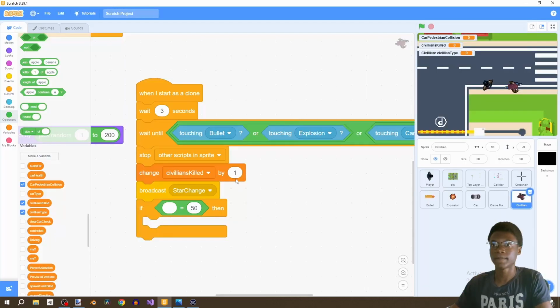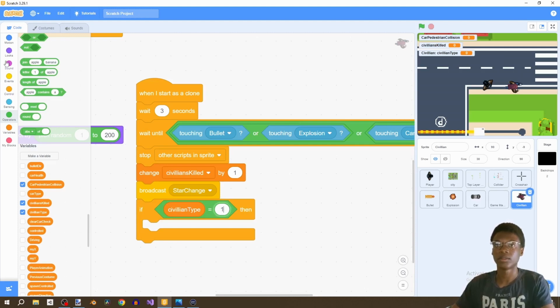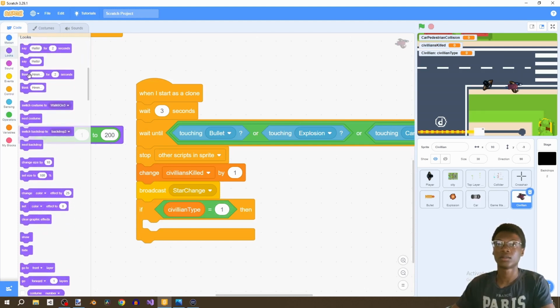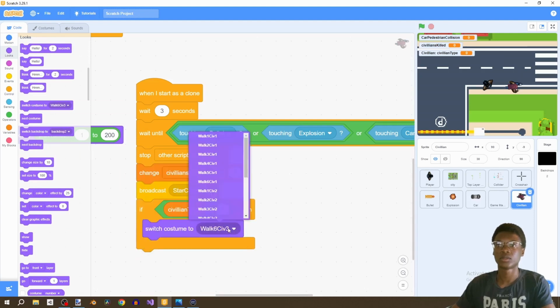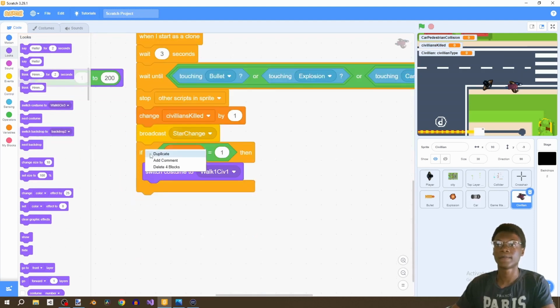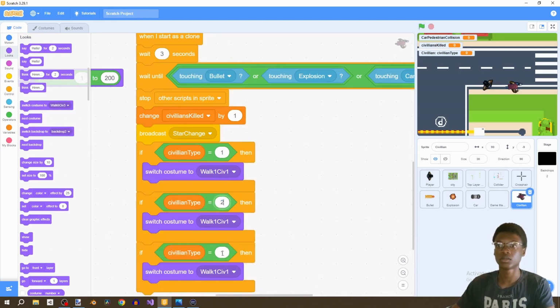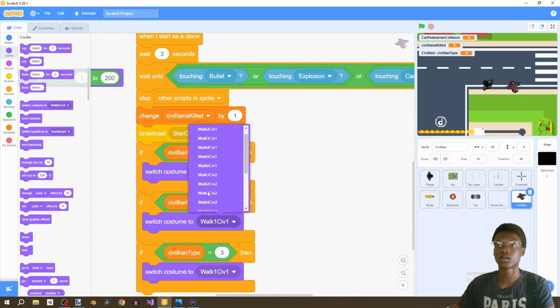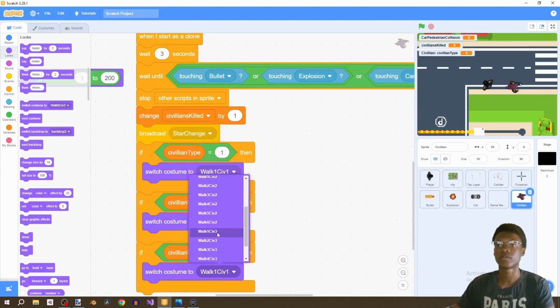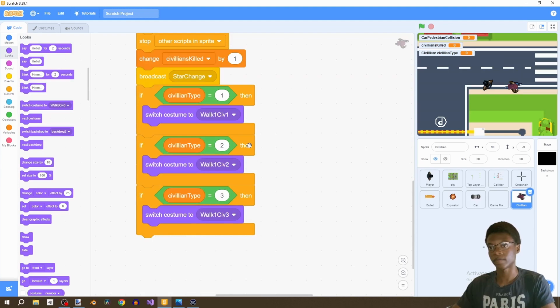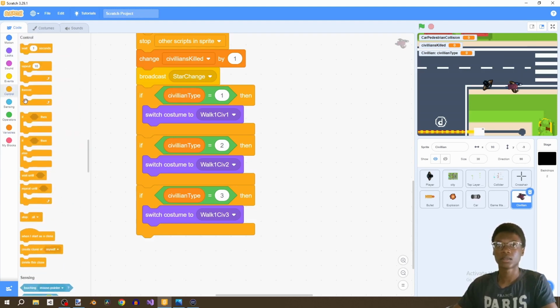for this sprite only, then we say if civilian type equals to 1, then switch costume to walk 1 civ 1, duplicate, 2, 3, walk 1 civ 2, walk 1 civ 3. So we're just gonna change it to its default sprite, and then we're going to repeat 10 times